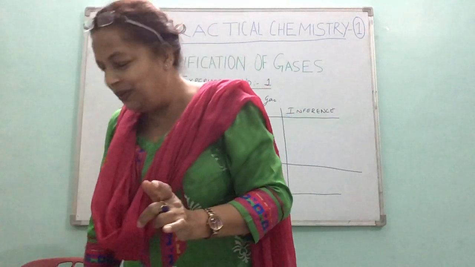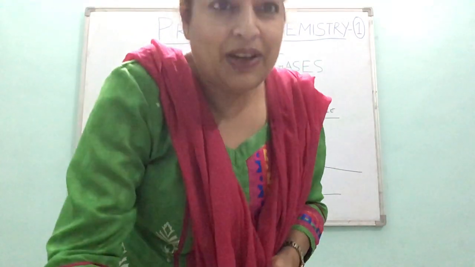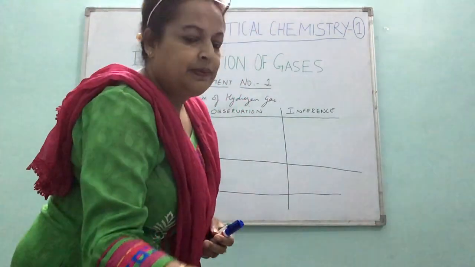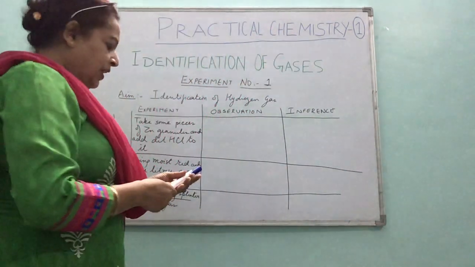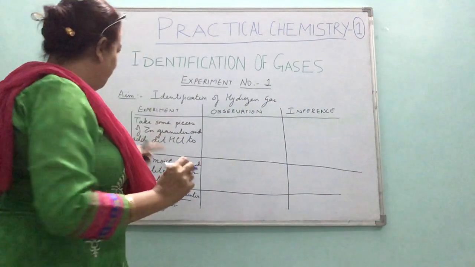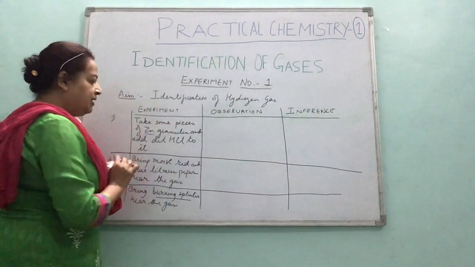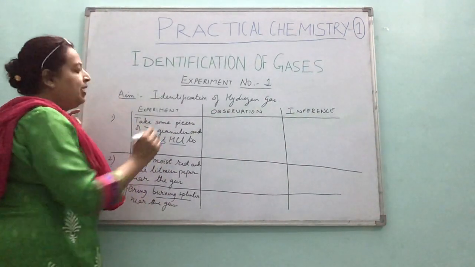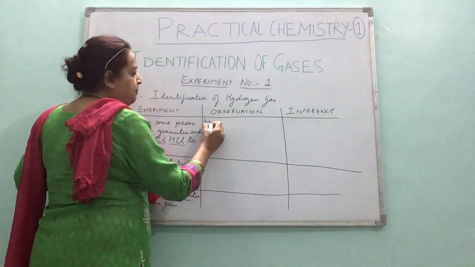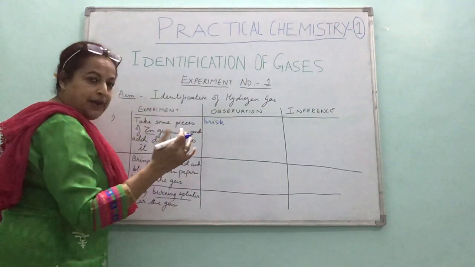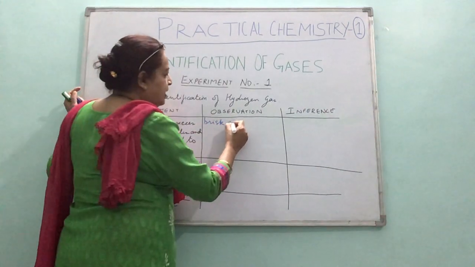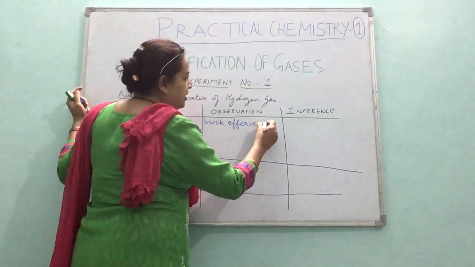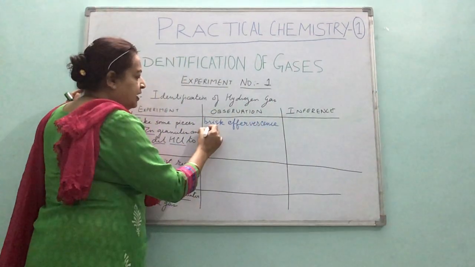So today I'll show you how to write it, and I hope you have enjoyed this experiment. So let's write it. Okay, so now the observation column, what you saw. Take some pieces of zinc granules and add which acid? Dilute HCl. Dilute should be added, concentrated we don't add, okay? What do you observe? First observation is brisk. Brisk means very rapid. Small bubbles form which we call effervescence, spelling E-F-F-E-R-V-E-S-C-E-N-C-E.